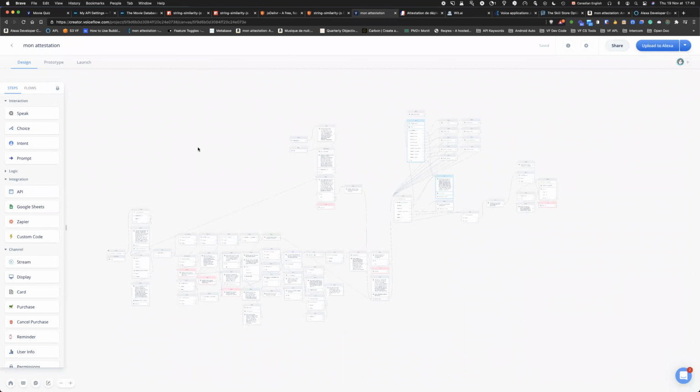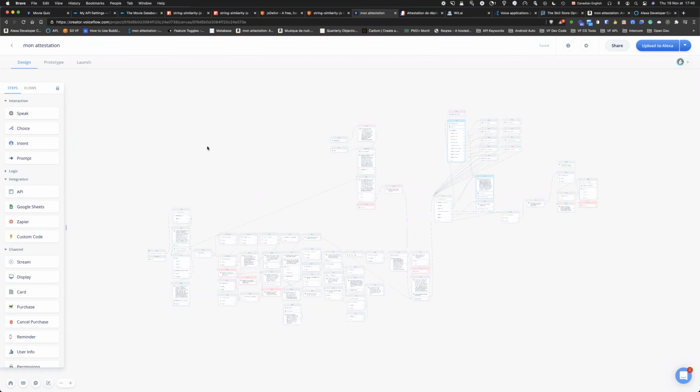Well, this is the project. This application is live. That's a live skill. Sorry about the design here. I was working on this last weekend, and the copy-paste between flows was not working. So I will optimize that, but right now this is what we got. I will not go too much deeper in there,